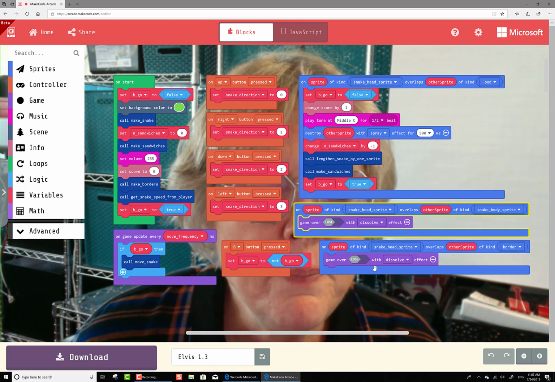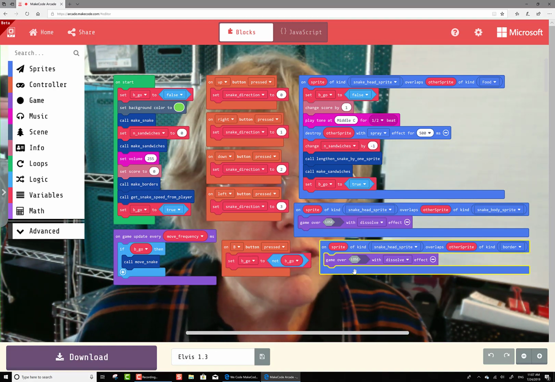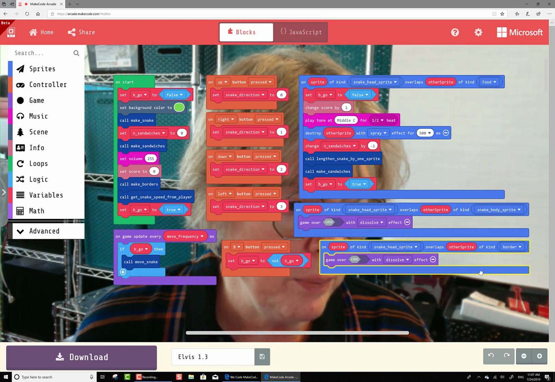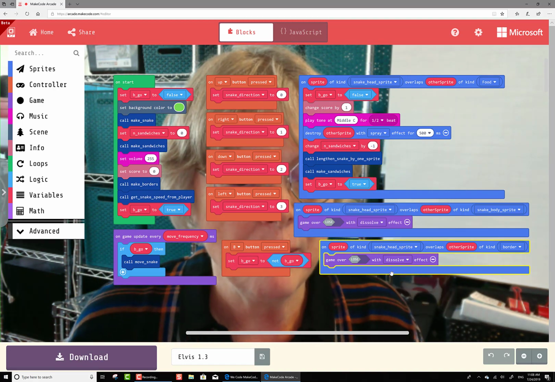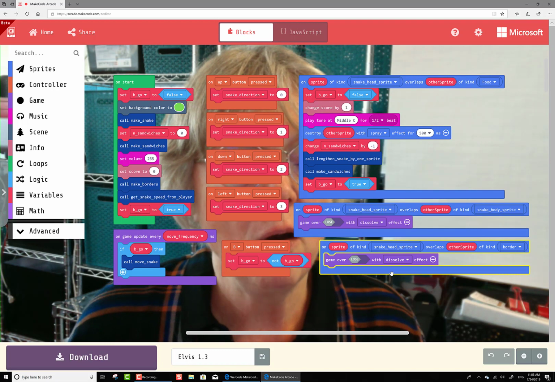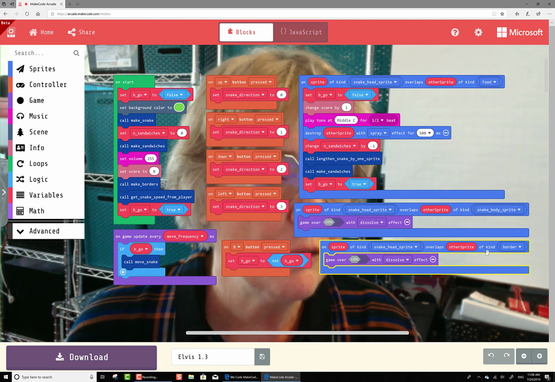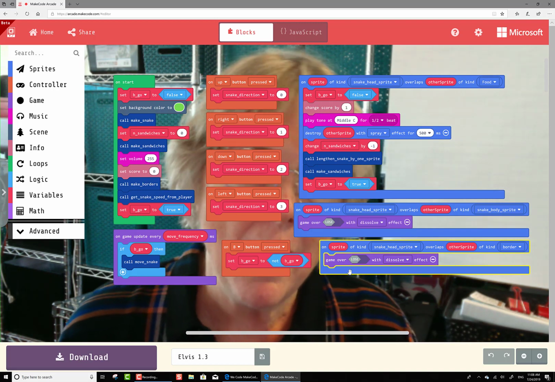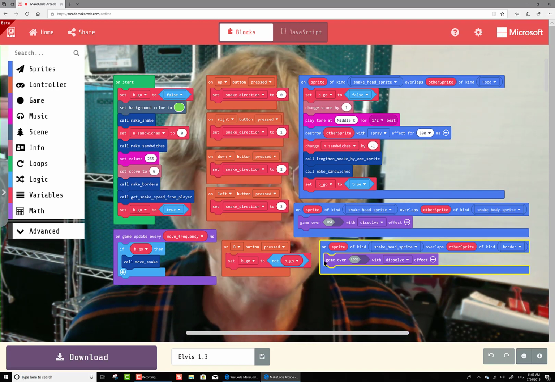This one is when the snake hits the wall. Actually, it's not a wall. It hits the edge of the screen, and that also ends the game. When I first programmed this, I didn't know about the on destroy and setting the sprite to auto destroy, so I didn't use it. Late in the game, I figured that out and tried to replace this whole thing with an on destroy, but I got caught in an arcade transition between sprite kind legacy and sprite kind, and I could not add this code